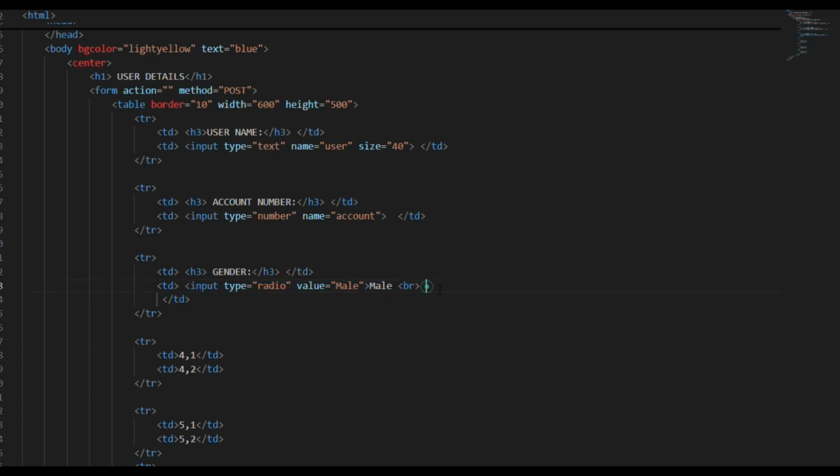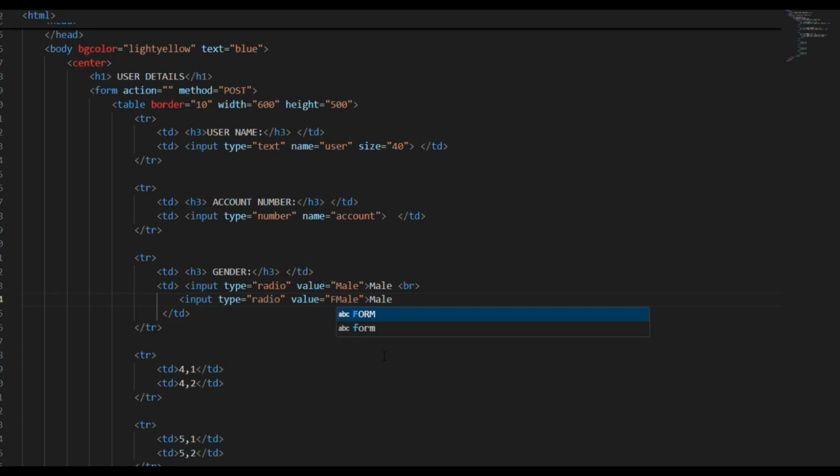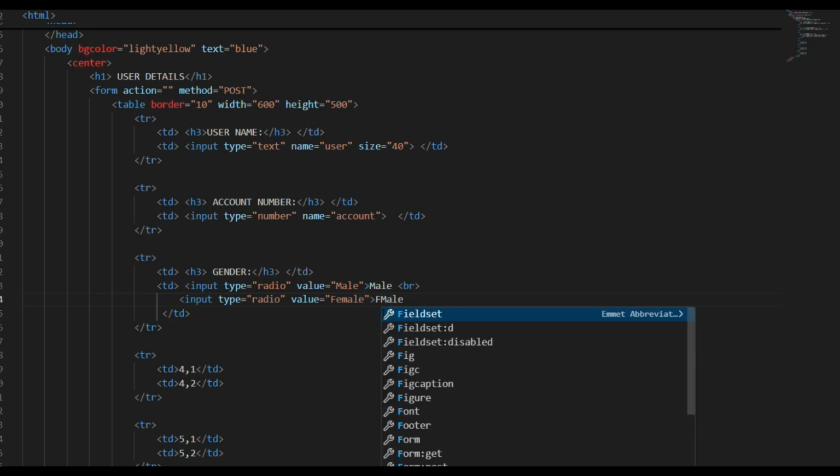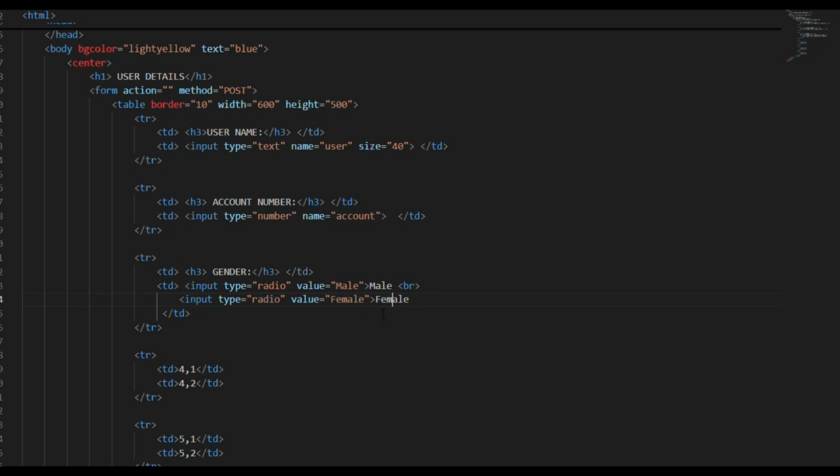and here it is called female, and here you can mention it is a female. Okay, and value is equal to, and name, here you can mention name is equal to gender, and if you want it should be default, you can mention checked, and name gender,